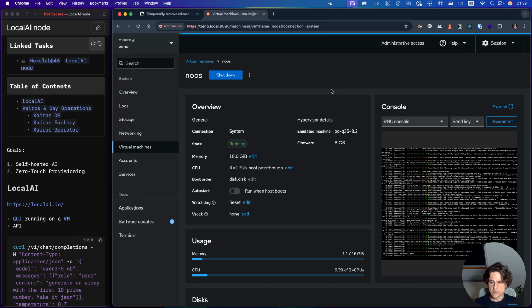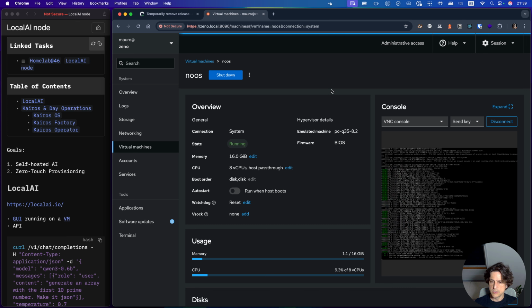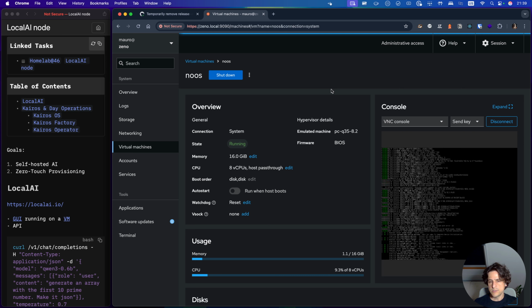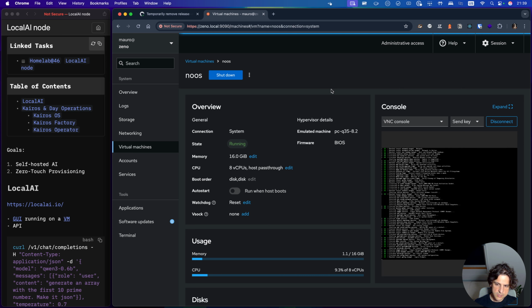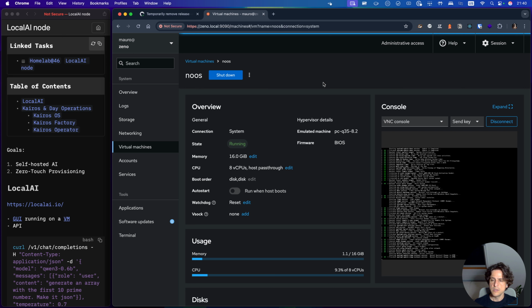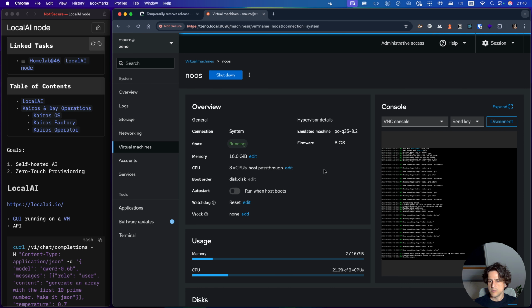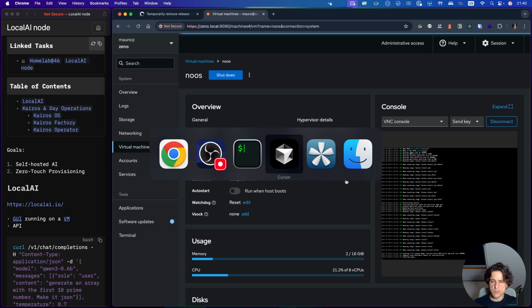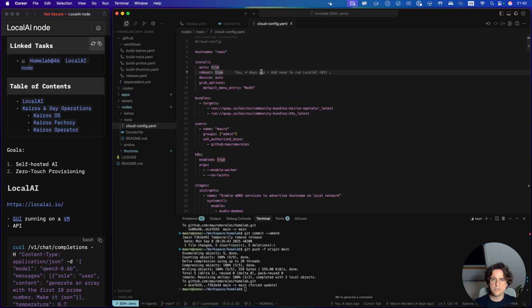There's one caveat, I will already mention it, that we have to restart K0s, unfortunately. I haven't figured out the problem, but you will get to see it. But here you can see that Kairos is already doing the installation process in the VM. So why does it do that? Well, basically because we have a